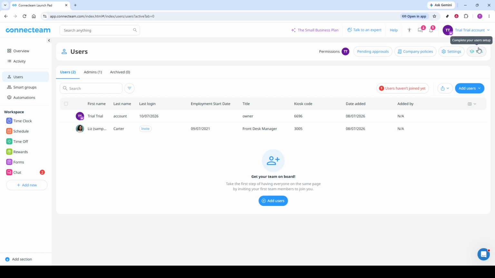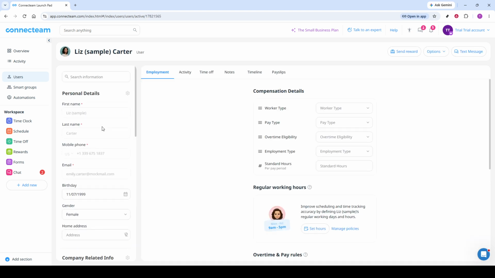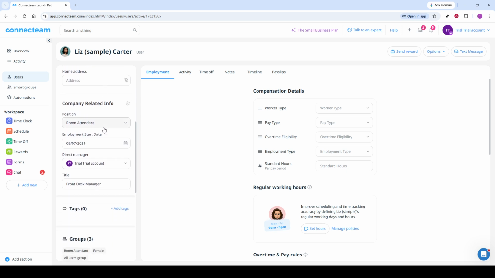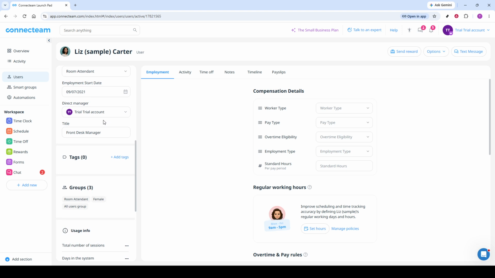Depending on the size of your team, you may need a moment to scroll through the list and find the correct person. Once you've found them, look for the company-related info section in that user's details. This is the area where fields like role or position can be edited. Now click on the role or position field. From here, either type in the new role or select the updated value if Connecteam gives you a list of